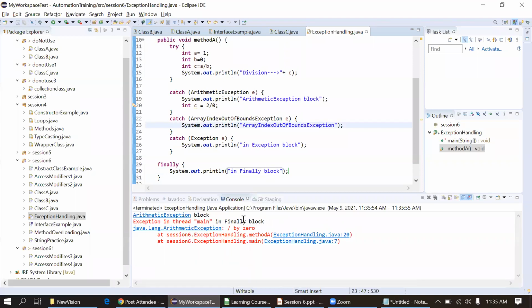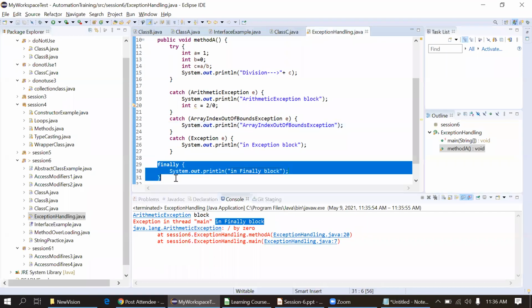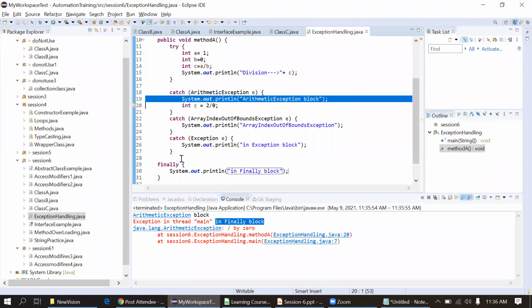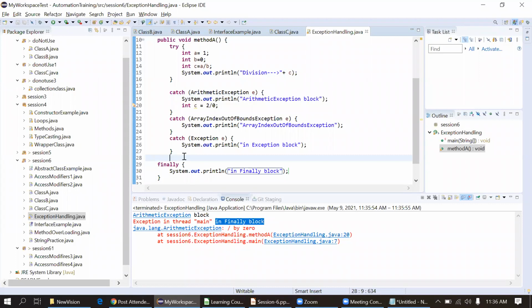In the finally block, you can see this got executed even if you got the exception. First it printed this part, and then it went for the finally block. Okay, this is the try, catch, and finally keyword.